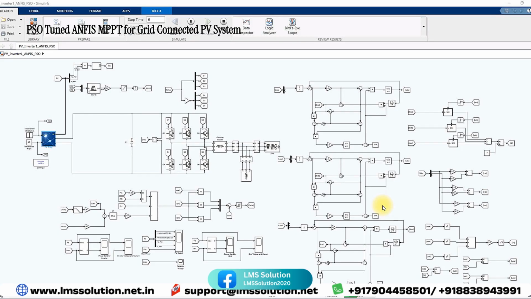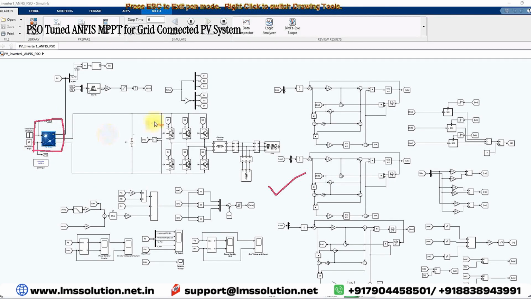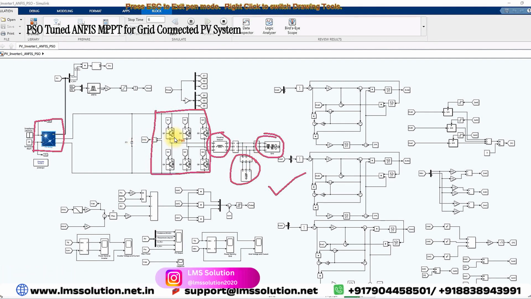Today we are going to see PSO ANFIS MPPT for a grid connected PV system. This is a simulation model we created for a PSO ANFIS MPPT controlled grid connected PV system. This model consists of a PV array, a PV inverter, a coupling inductor, the grid, and a local load. The inverter is going to be controlled by means of PSO tuned ANFIS MPPT and the voltage and current control